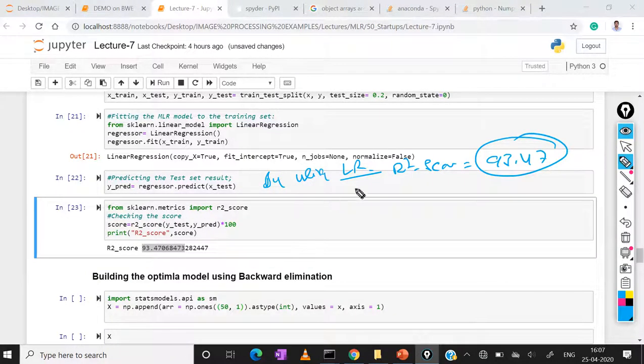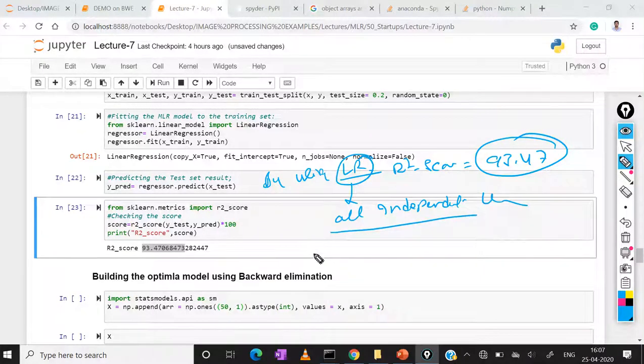By building this linear regression we are applying all the independent variables.